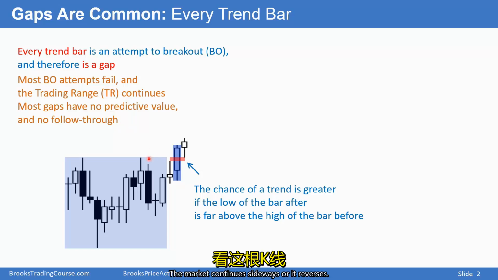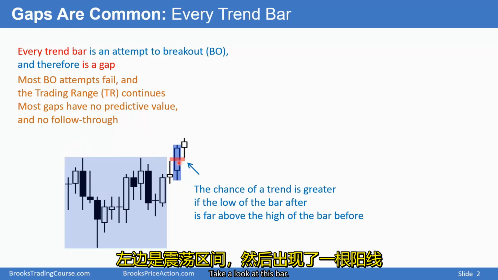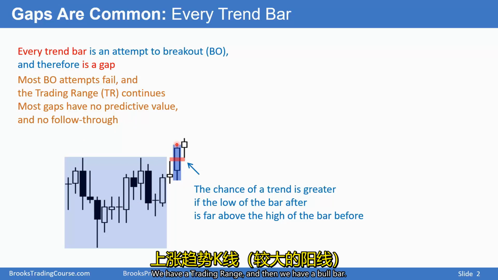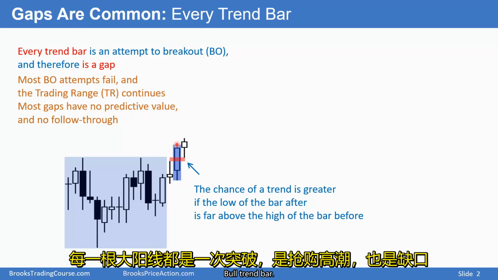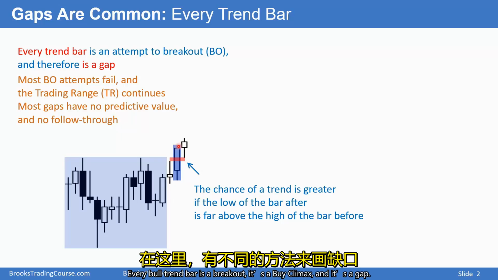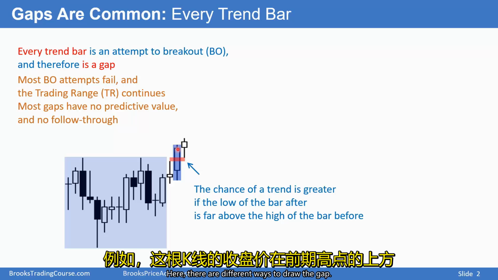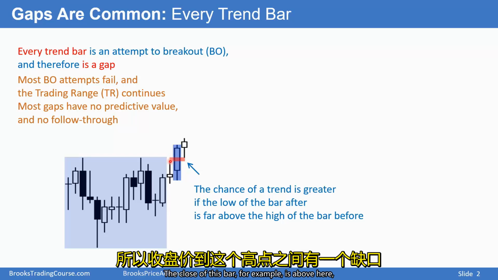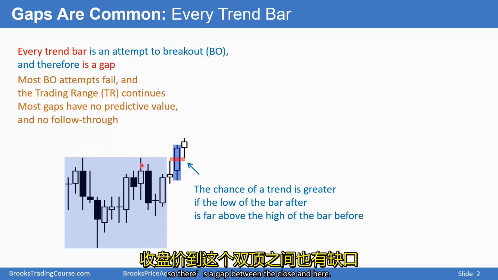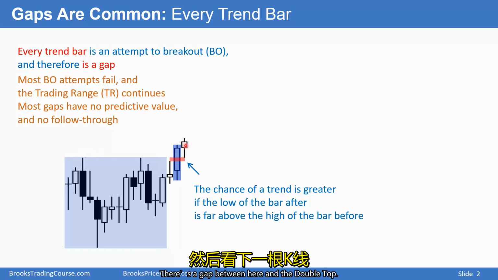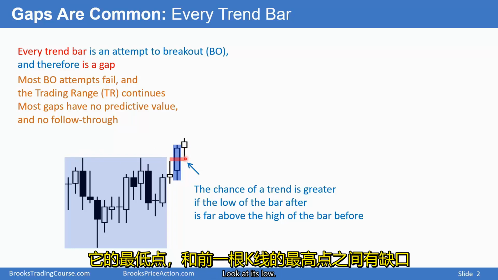Take a look at this bar. We have a trading range, and then we have a bull bar, a bull trend bar. Every bull trend bar is a breakout, it's a buy climax, and it's a gap. Here, there are different ways to draw the gap. The close of this bar, for example, is above here, so there's a gap between the close and here. There's a gap between here and the double top. And then look at the next bar. Look at its low. There's a gap between its low and the high of the bar before the breakout bar,